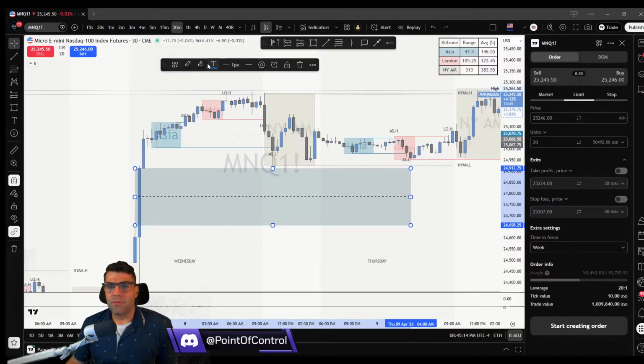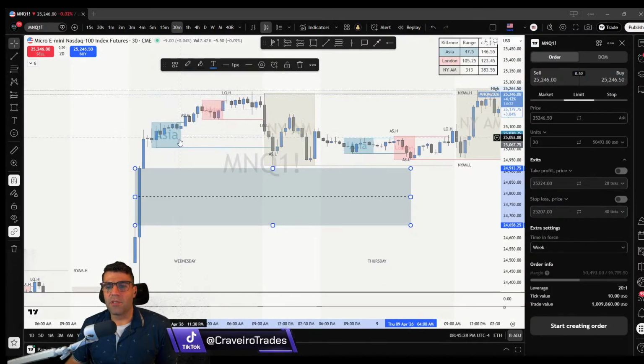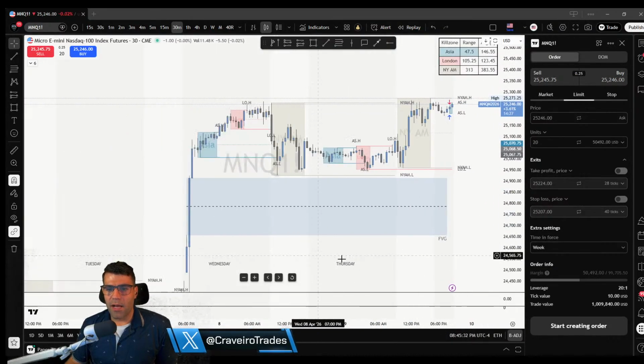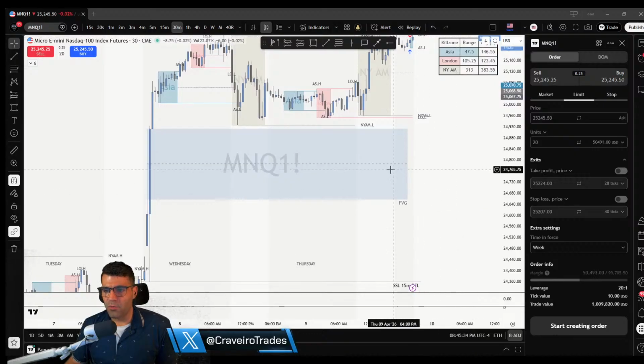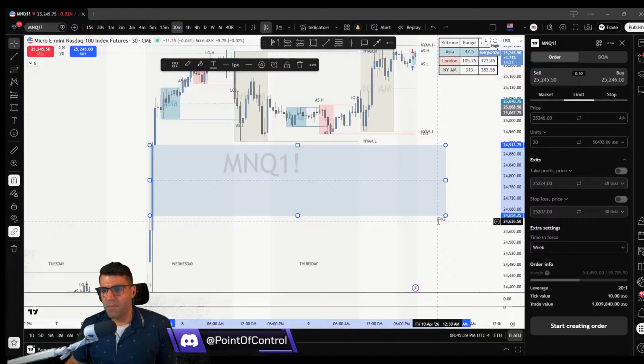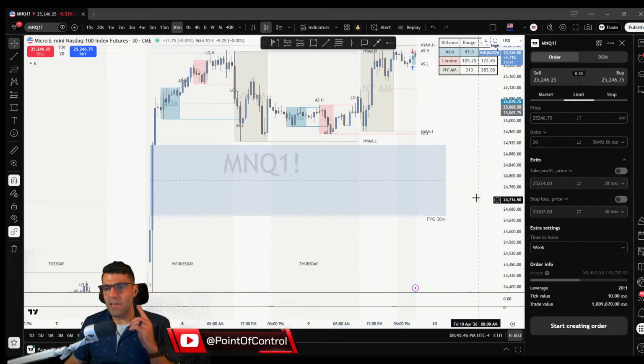So for a bullish one, say you're using green candles. You want a green box so that you can clearly identify that's a bullish gap, right? You could find your settings, save drawing template as bullish fair value gap. My candles, I do blue for bullish and black for bearish. So I have a blue fair value gap, right? And a lot of times I label them. And if I'm in a certain time frame, 30 minutes, I'm going to put 30M as an abbreviation for myself,